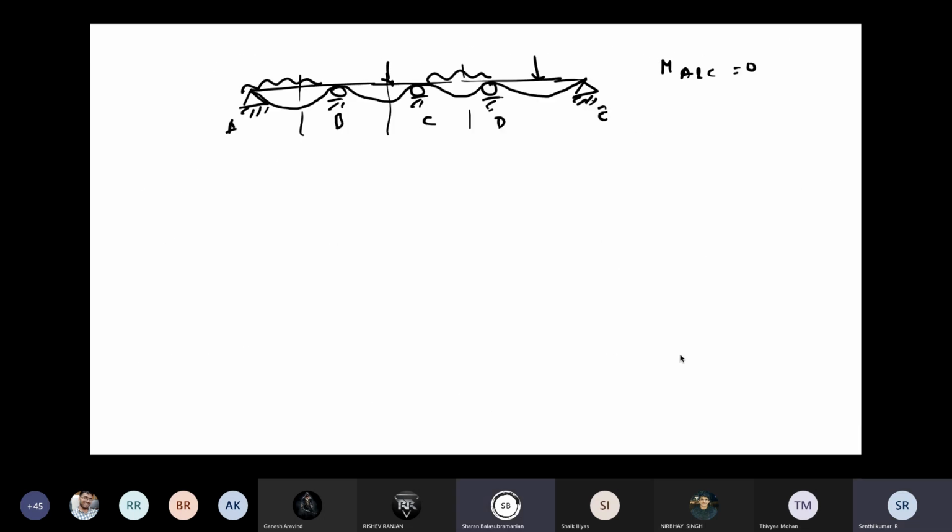M by I equals E by R equals sigma by Y, or minus sigma by Y, equal to F by Y equal to E by R. Or this is sigma, whatever you can call it. So stress, right? Axial stresses, normal stresses, either compression or tension. This is a moment about X or Y, what I have told you. If it is moment about Z axis, what will happen? The torsion.